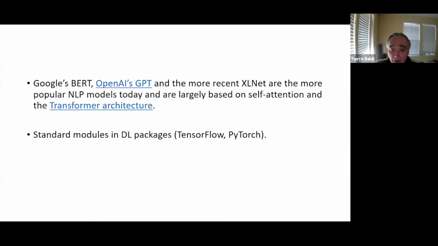And the pinnacle of attention networks today are the so-called transformer architectures that are used especially in natural language processing, and which have led to some of the best current state of the art in natural language processing. They are available in these libraries, and I'm going to argue that some of them are actually very useful. These functions are very useful for physics applications. And I'll explain why and give you a couple of examples later in the talk.